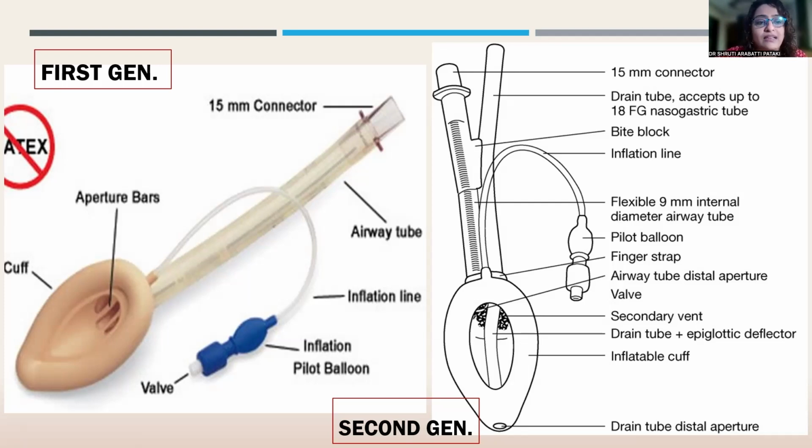But the problem with the classical LMA was the mask did not have a great seal pressure. If there was regurgitant fluid or raised intra-abdominal pressure, they kind of overrode the seal pressures. And what happened was the risk for aspiration would go up. So if you look at all the literature, you will see that LMAs are largely contraindicated in obesity, in pregnant women, if you don't know the NBM status, if there's a hiatus hernia, or any reason for increased intra-abdominal pressures, or prolonged surgeries where the chance of aspiration would go up.